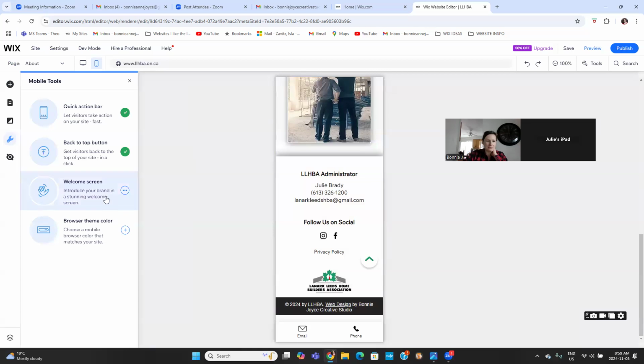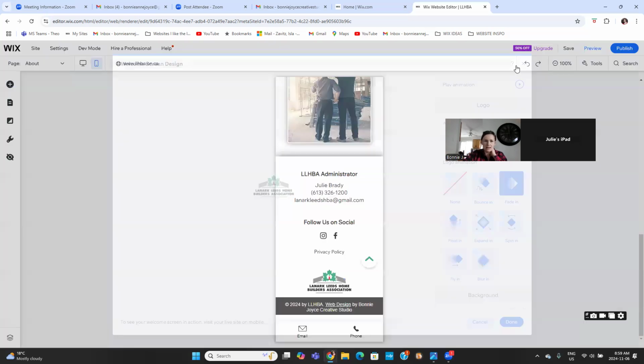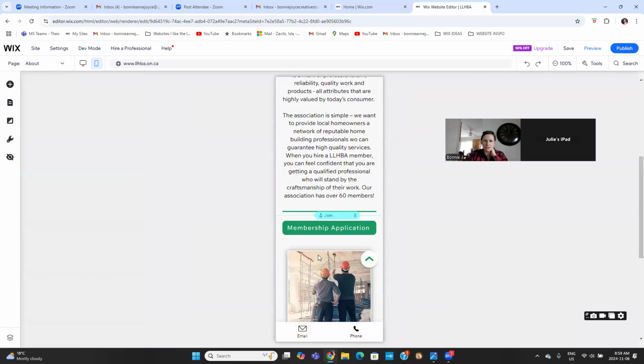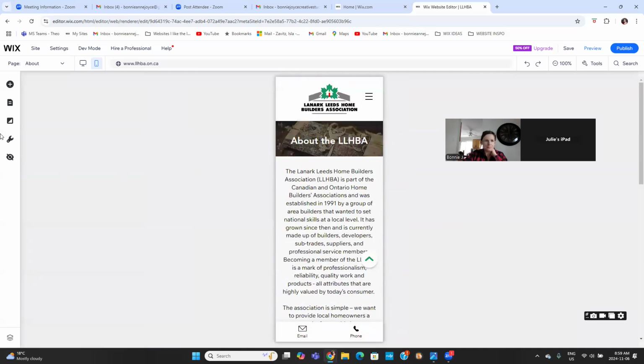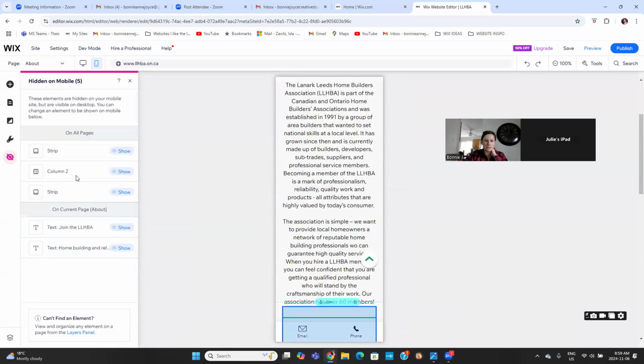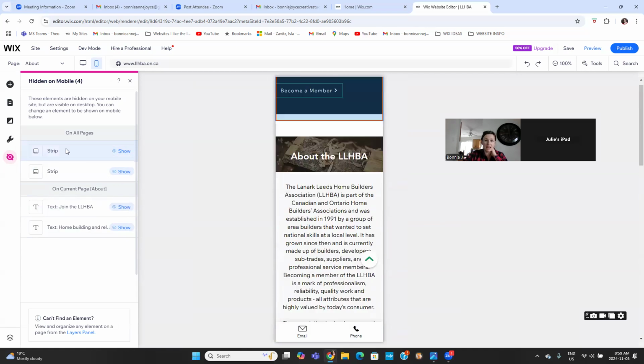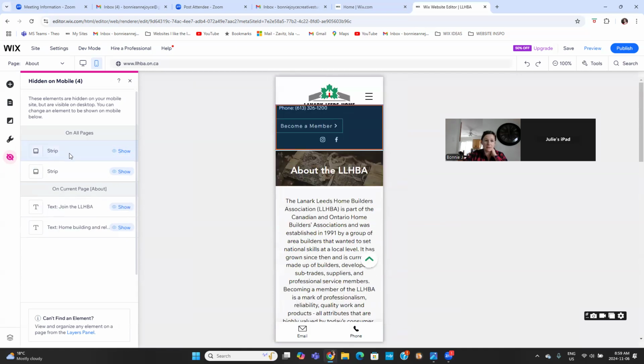And there's also this little welcome screen, which has your logo on it as people are waiting for the site to load, which is really handy. So those little tools just make it a bit more mobile friendly for people. And you'll see this little icon here. This shows anything that's hidden on mobile. So for example, we've got some columns and things that I've hidden or that Wix just hides automatically. If I'm scrolling over it, you'll see there were some things in the header on desktop that are hidden on mobile